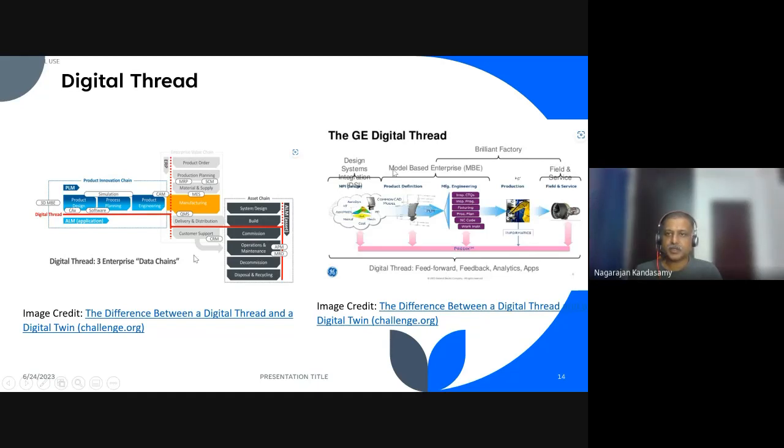This is a term used for your product definitions. And Brilliant Factory is nothing but a smart factory or smart manufacturing setup, which is called a Brilliant Factory in their terminology. And from a data flow standpoint, you might start hearing certain terms like data lake or a common data hub. So every stage of the process, they have a mechanism to send the data to a common platform, wherein it will be easy to exchange the data. Here they use Predix. Predix is their proprietary system wherein they exchange the data, which will be used in the